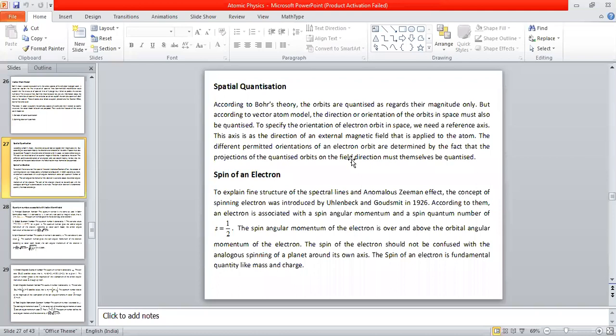What do you mean by quantization of direction? It says that if we consider the direction of any vector in three-dimensional space,